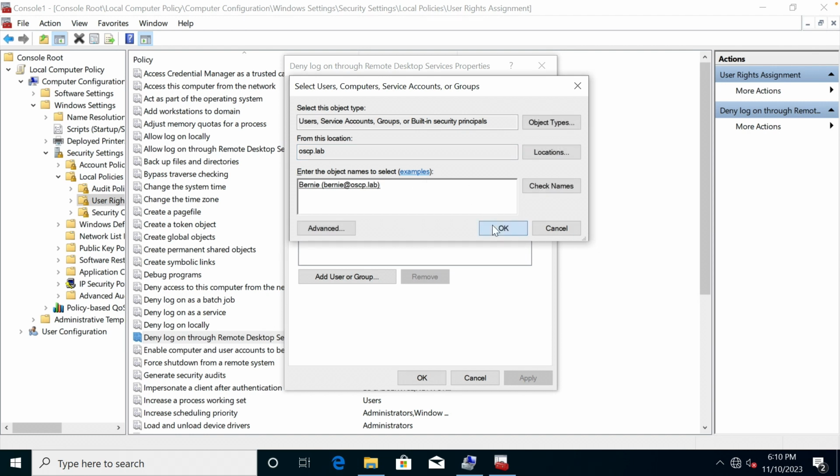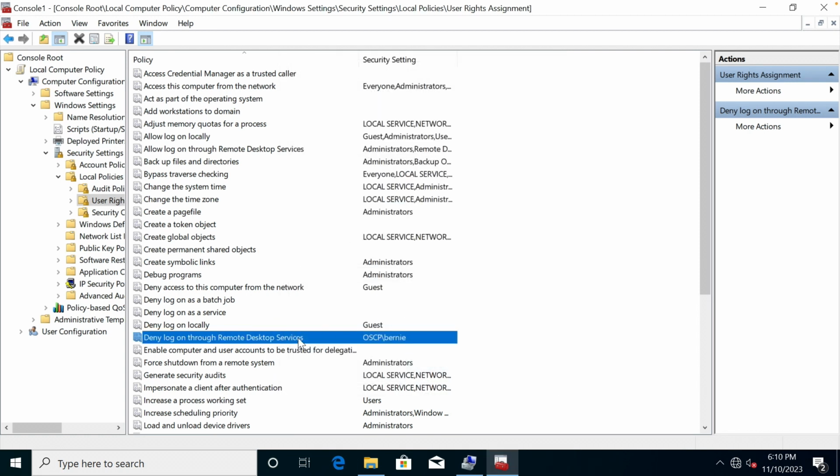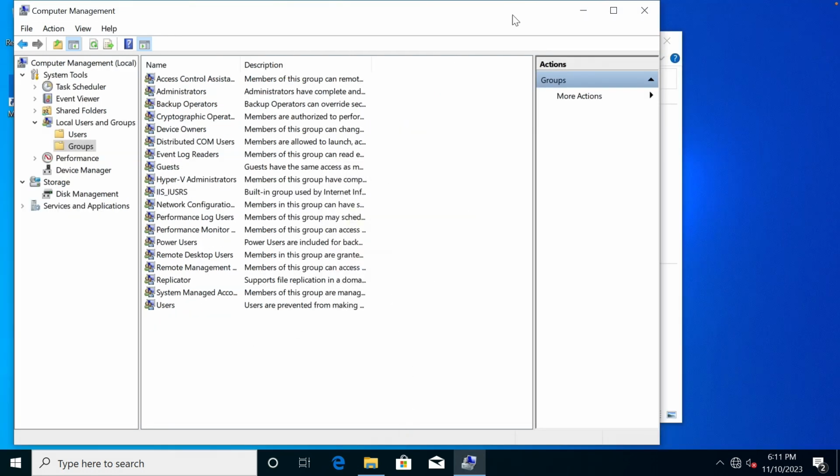And now Bernie, even though he's a local admin, is going to be overridden by this deny policy in group policy that says you cannot log in with remote desktop protocol. So that will supersede the local admin rights. A deny will supersede a permit. Now what we need to do, and we don't need to save that console, we can close that, is actually